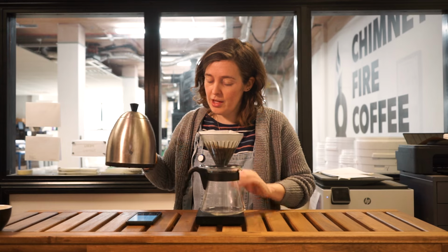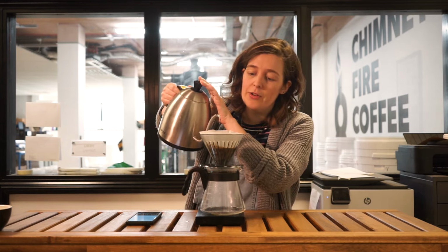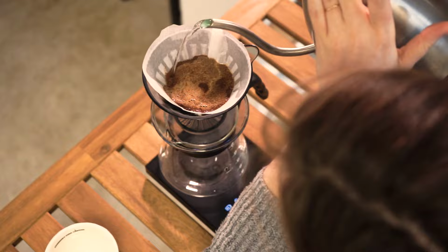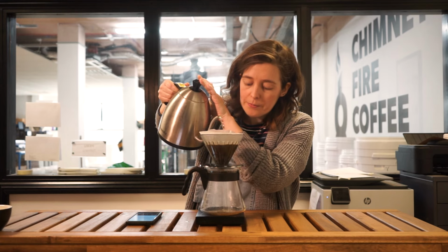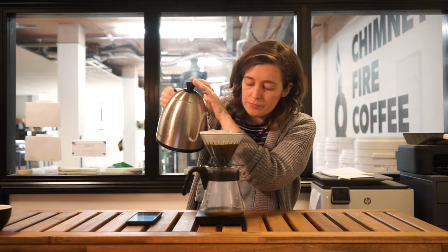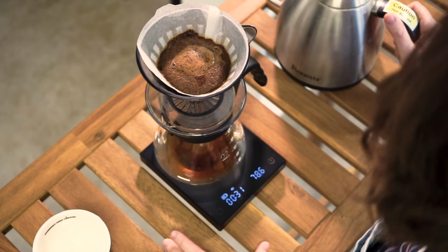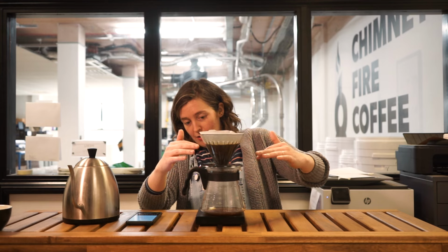For this one, I'm going to do a 75-gram bloom. And I start my timer, and I'm going to do that 75-gram pour. I'm just going to try and make sure all of my grounds are nice and wet. Lovely. And we're just going to wait, essentially, for the water to drip through, and then we're going to do